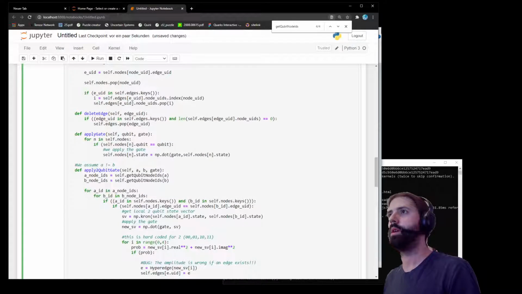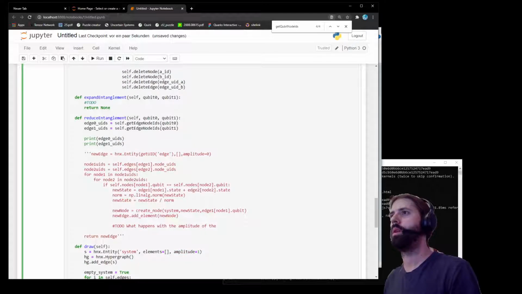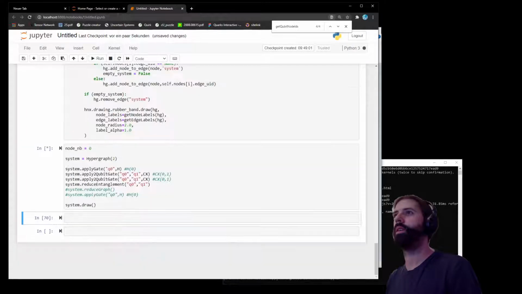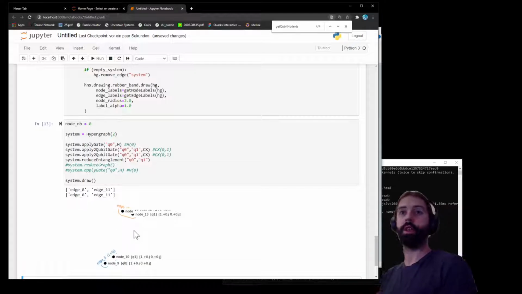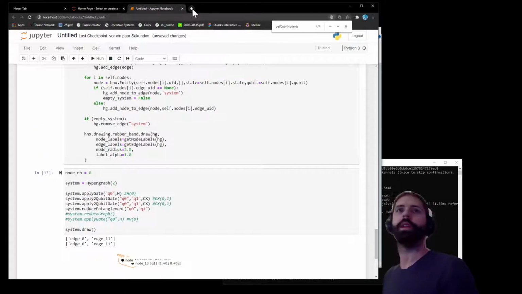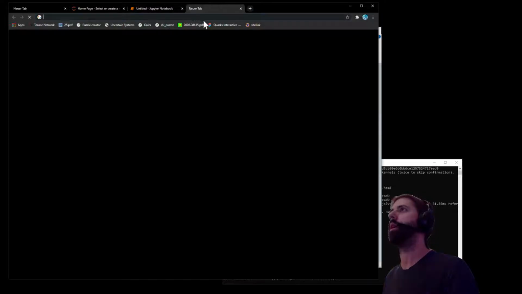That's the edge nodes. That's what I want to have. Okay, cool. Yeah, so that gives me the edges. Now I need to get the intersection of these. I think there has to be a